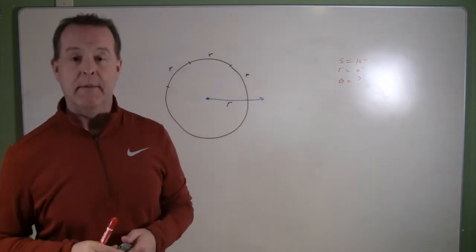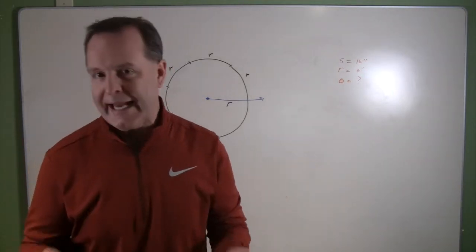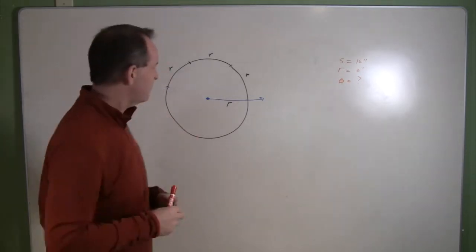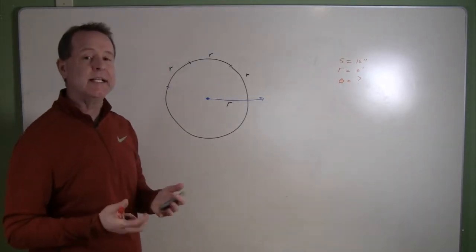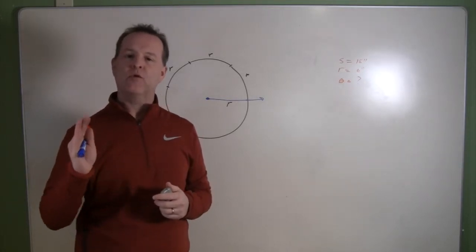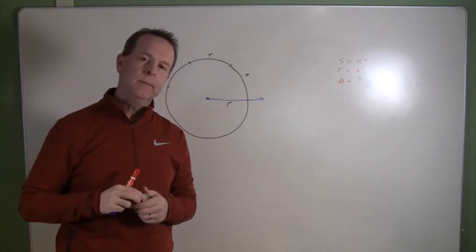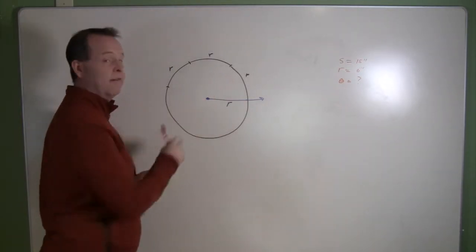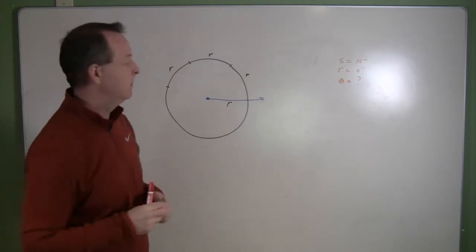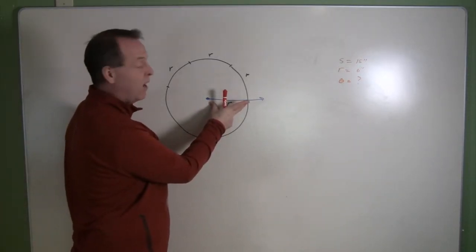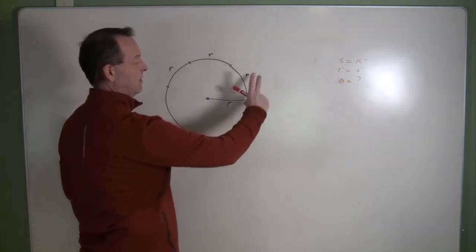Another idea that we need to become comfortable with is this idea of radian. And what does radian refer to? What does it mean? Essentially, a radian is a measurement that we use to talk about how far we traveled around a circle. And how we determine that is, first of all, we identify what the radius is. And then whatever that distance of the radius is, then 1 radian around the circle is that same distance, but